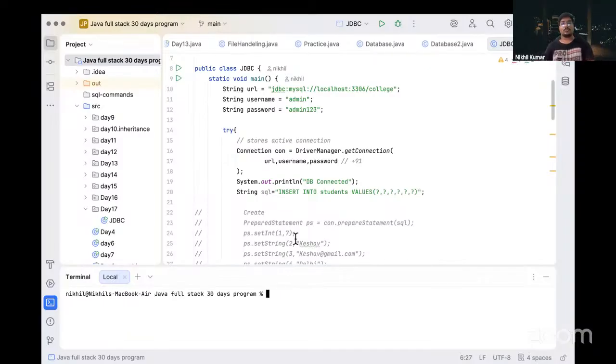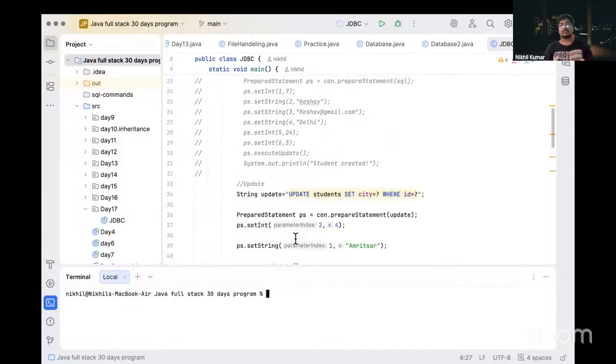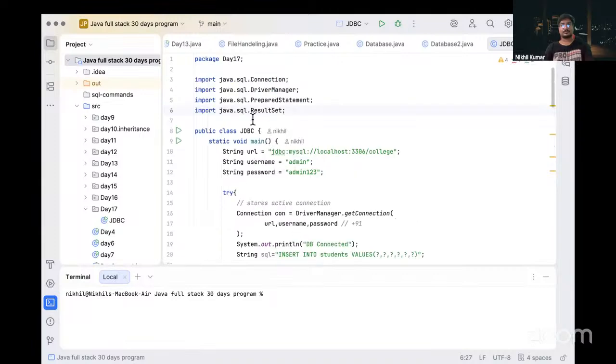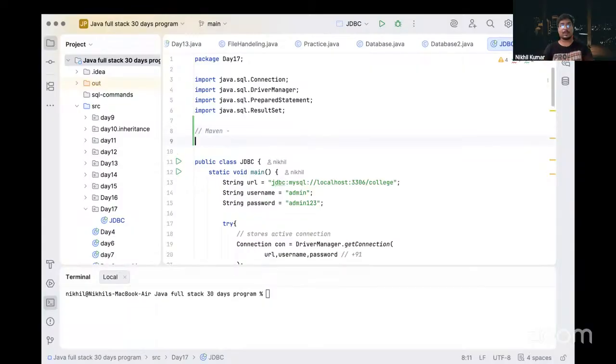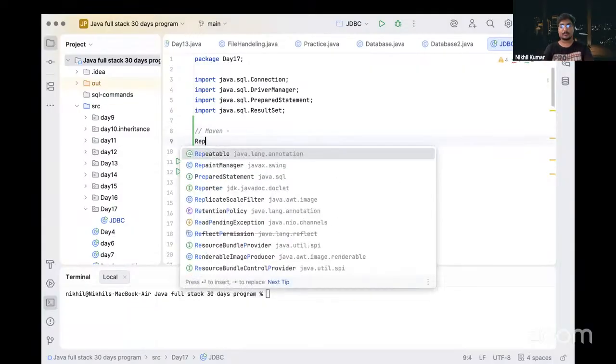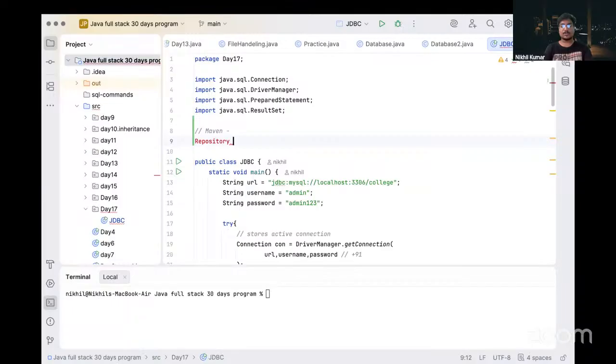When we are using Maven, we have a repository. What is the repository we have? Maven repository, correct?